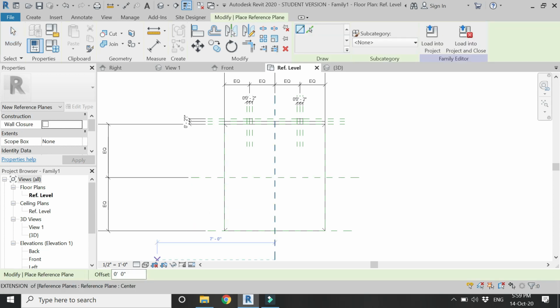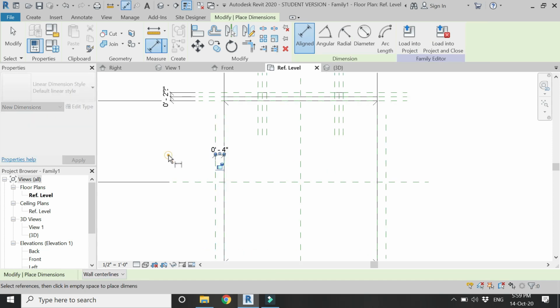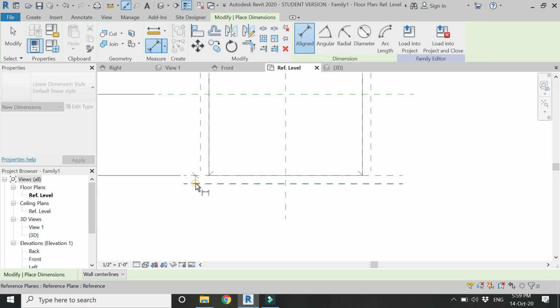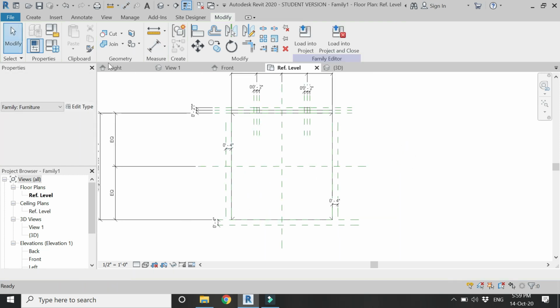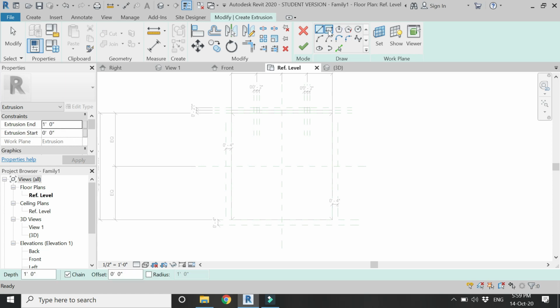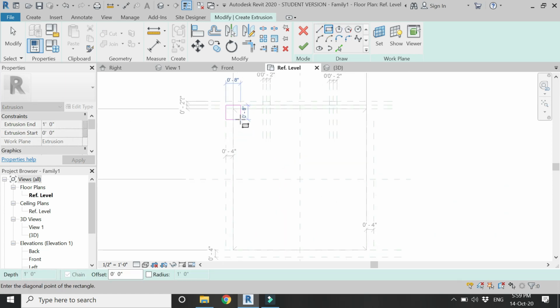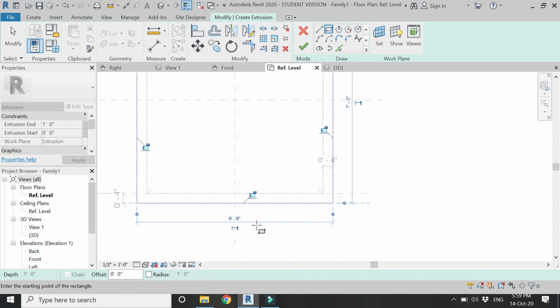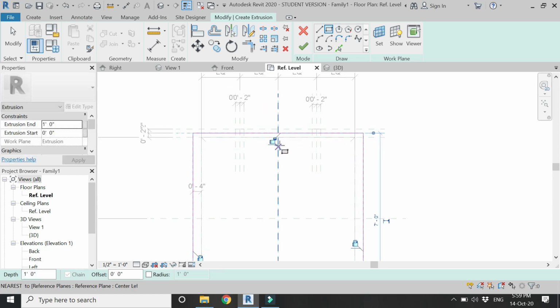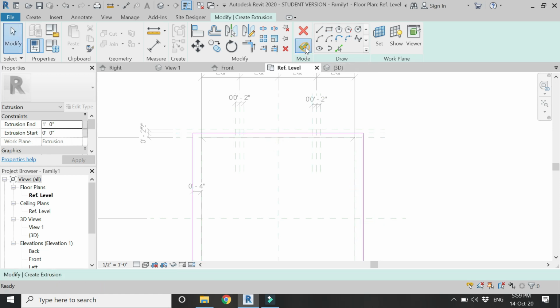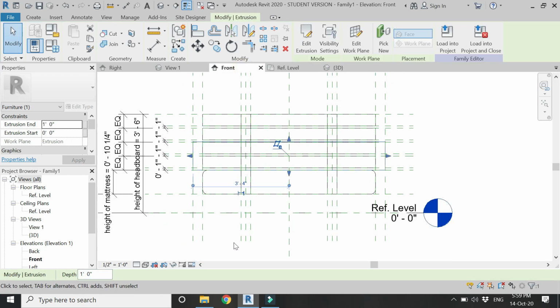Now in the reference level floor plan at an offset of 4 inches, place 3 more reference planes like this. Place dimensions between these 2 reference planes and lock them at 4 inches as you can see in the video. Then select the extrusion command and draw a rectangle like this. Lock all the four sides. Click OK, go to the front elevation,